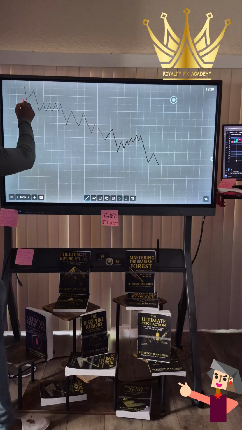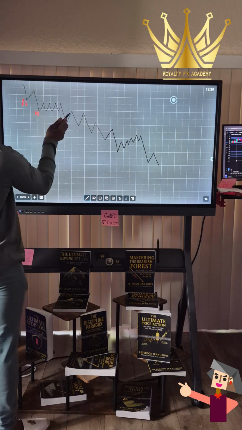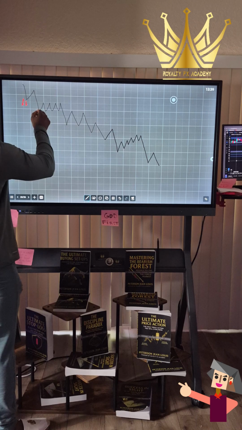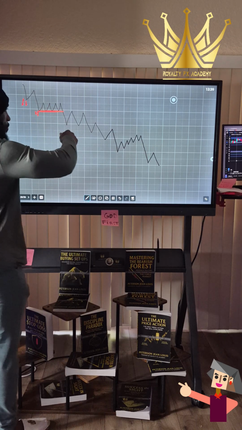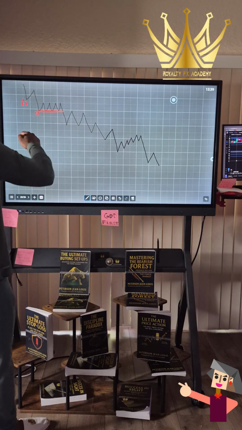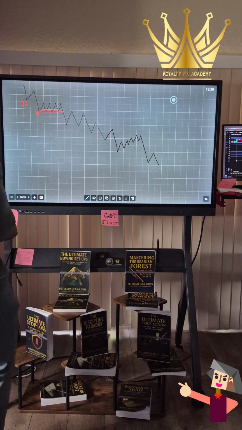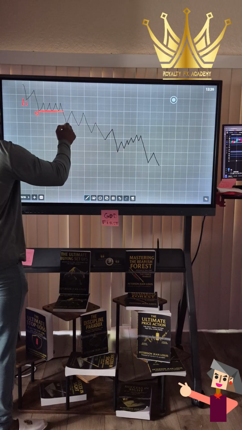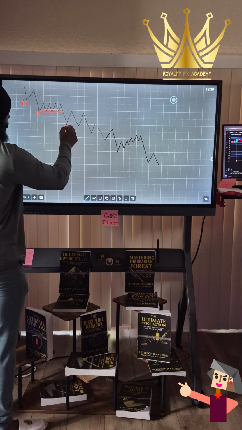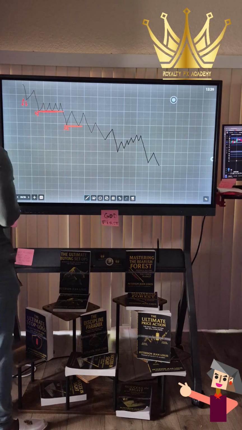Right here, we have lower lows. These are lower lows, right? At this point, market just sat in range. What do I mean by that? It consolidated. It just stayed within the same area, not giving you any new lower lows, or no new lower highs. And then here, it finally broke a new low. So you see right here, it's the same. It bought up, range again.